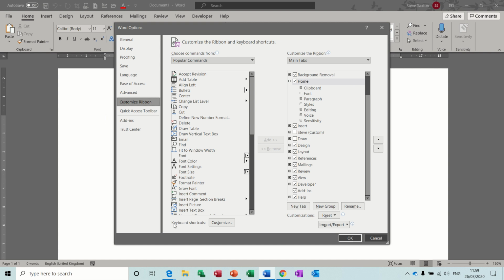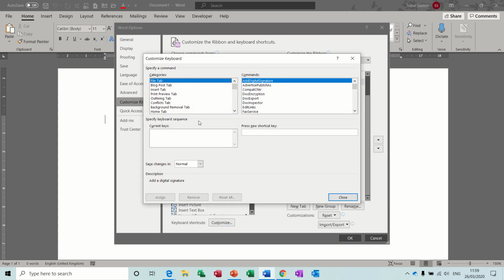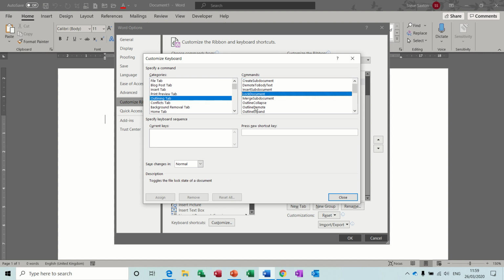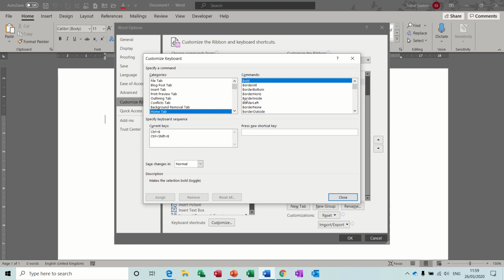Now, key commands is also in this box. So you've got keyboard shortcuts there. So that's things like Control B, Control C, and things like that. If I click on customize, you've got a whole array of different options, different tabs where you've got the information on the right there when you click on these. And if you click on any of these, like lock document, if there was a key command allocated, it would show it there. So if I go to the home tab, bold there, look, Control B or Control Shift and B,